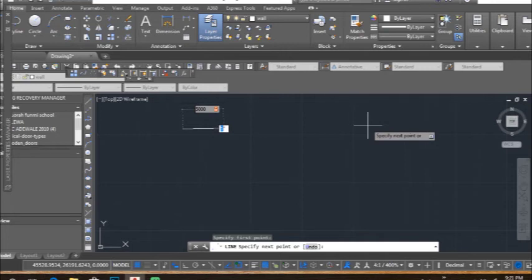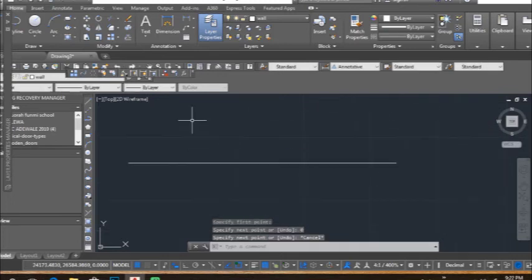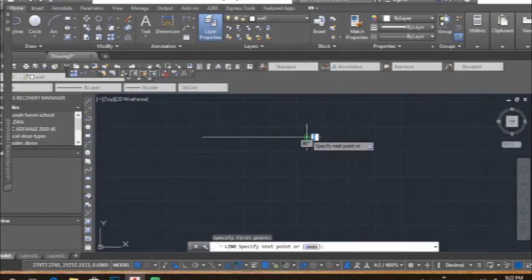Now just press tab. Once you press tab, it will tell you what your degree is. So at that period of time, I'm moving at 0 degree. So you'll be able to get a straight line. The same thing for